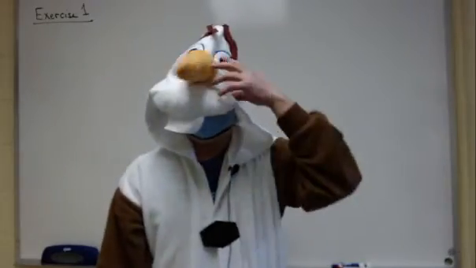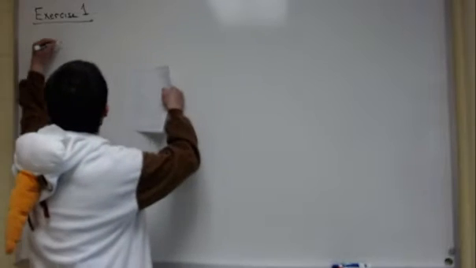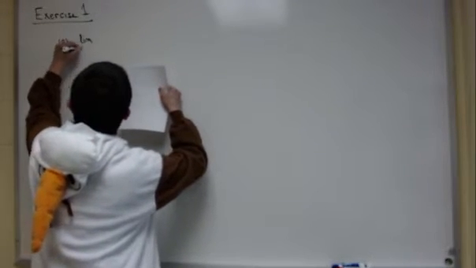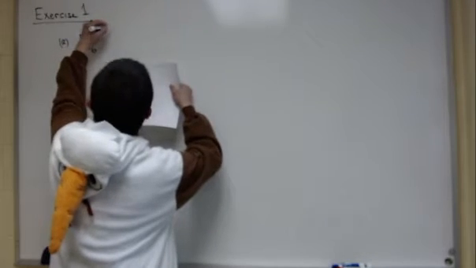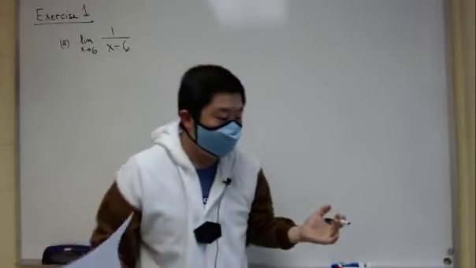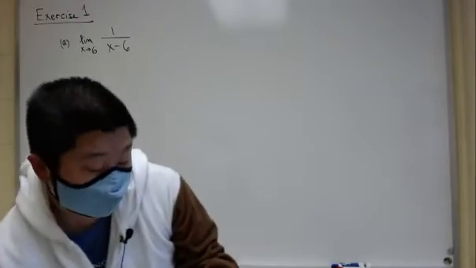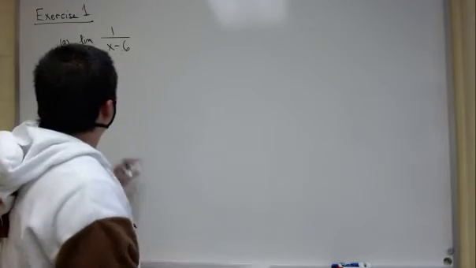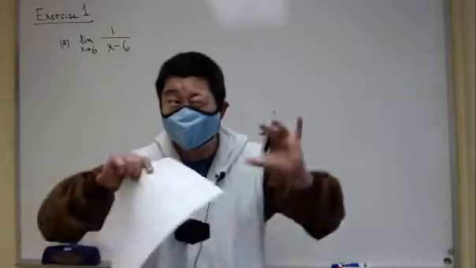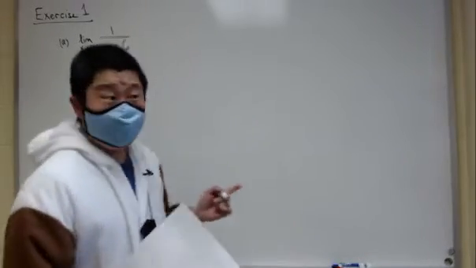All right, let's take a look at exercise 1, all the parts. So first part A, we have the limit as x approaches 6 of 1 over x minus 6. Now I'm looking at this, trying to find the limit of the top and the limit of the bottom separately. First, the limit of the top is 1, right? The limit of the bottom, if we just looked at the limit of x minus 6 as x approaches 6, we would get 0. When the limit of the top is non-zero and the limit of the bottom is 0,